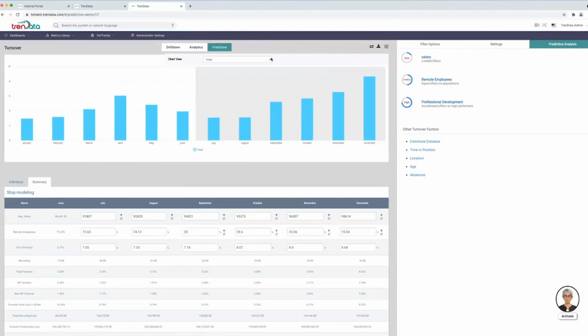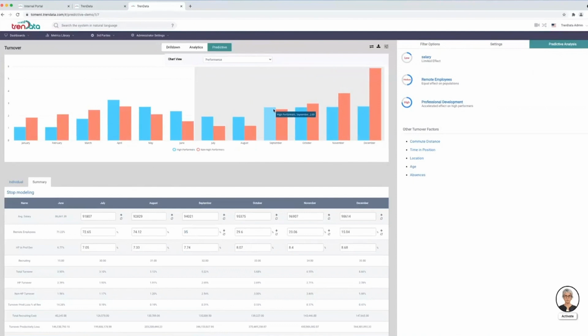Now, I might want to filter this and see who I'm exactly losing. So, for example, filter this by performance. And it shows that most of the people I'm losing are going to be non-high performers, and I might be okay with that. But there is also a spike in the high performers, and you definitely want to lock that population down, which brings us to this last analysis of professional development that said it has a high